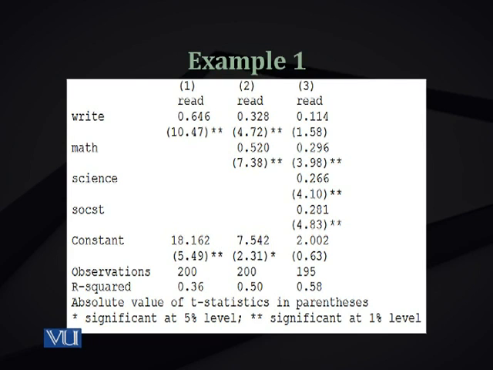As you can see almost at the end of the table, the absolute value of the t statistic is in parentheses. And you see two symbols indicating the level of significance. For example, two stars show the significance at the 1% level, as indicated at the bottom of the table. This is model 1. So in model 1 you have only one independent variable, that is right, and the second value, 18.162, is the coefficient of the intercept.